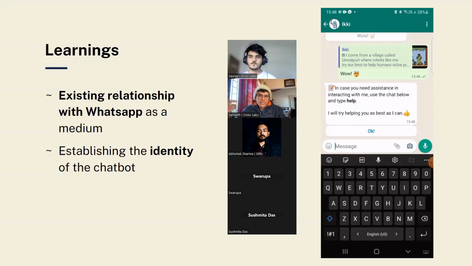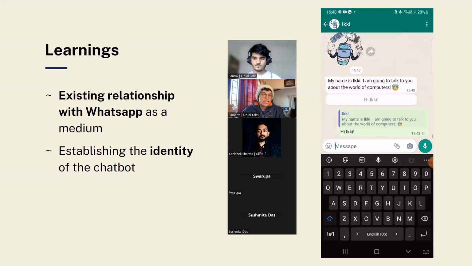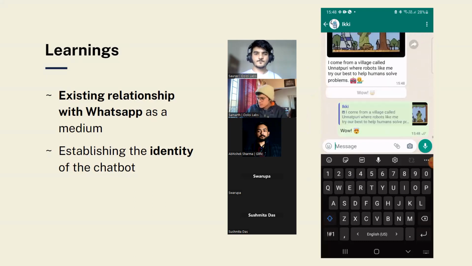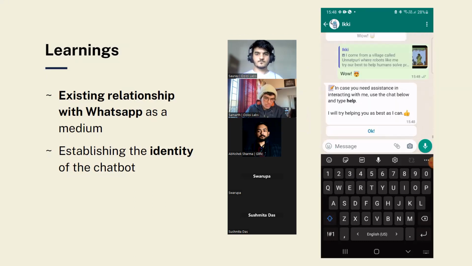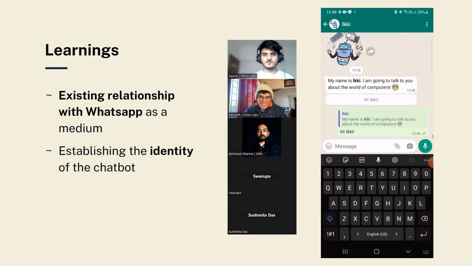And so progressively, while we were working with the students, we introduced the idea: have you heard of a robot? What if I tell you that there's a robot that would like to talk to you on WhatsApp? The minute you give it an identity, it's a lot easier for the students to position who they're speaking to. And I don't know if this is something that reflects in the studies that the rest of the organizations here are doing, but that's what we felt. And so what we did was create this entity called IKI, who is basically the guide that takes you through the entire learning process. And that's mostly what the stickers that you keep seeing are.